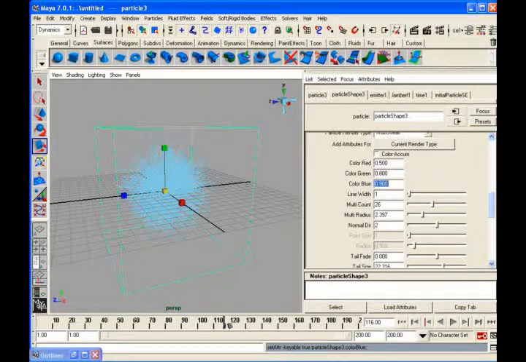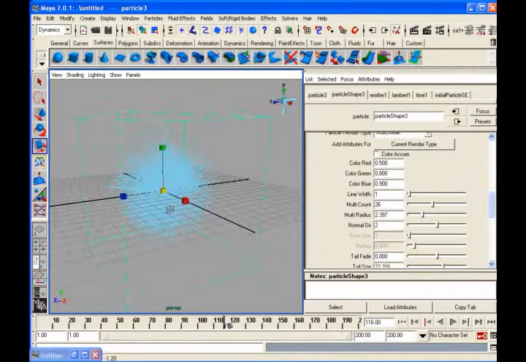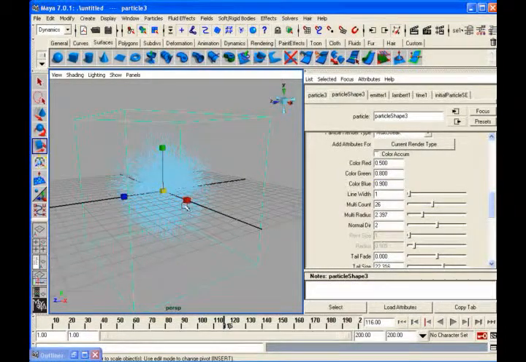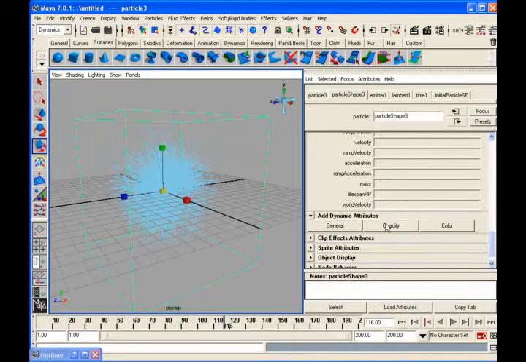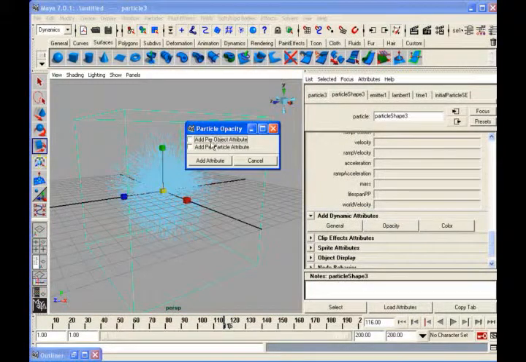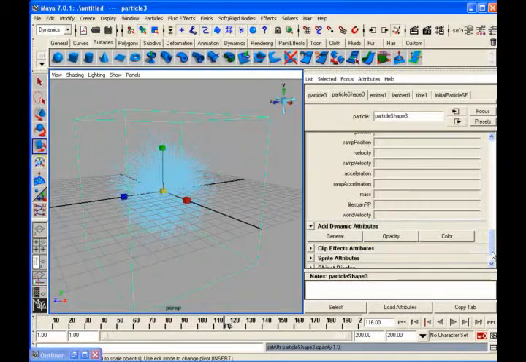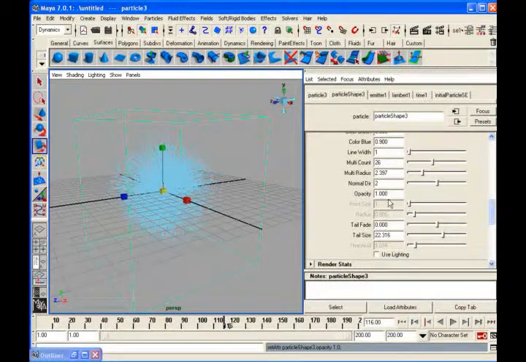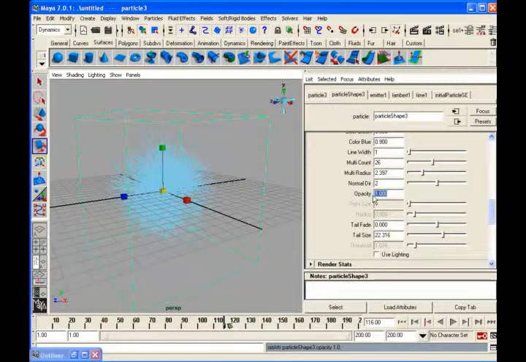Okay. Like that, opacity is also there. Opacity also per object is there. If I say per object add attribute, you can see something opacity came here. Means general opacity. Total 0.2 means total particles will go to 0.2 opacity. Okay, like that.